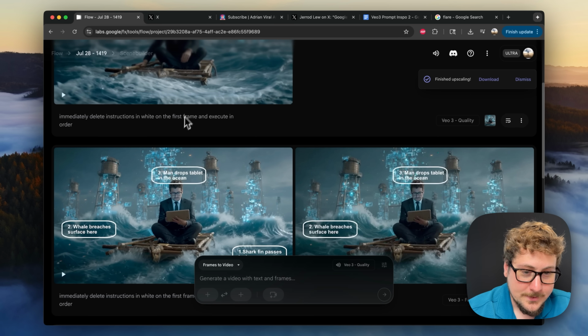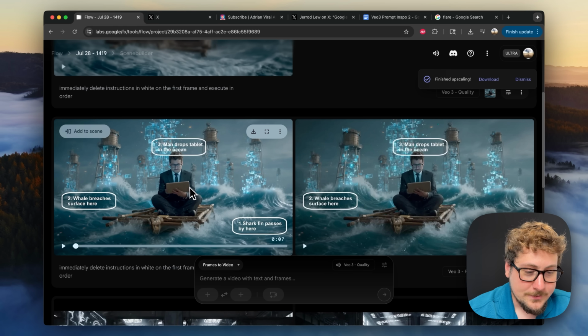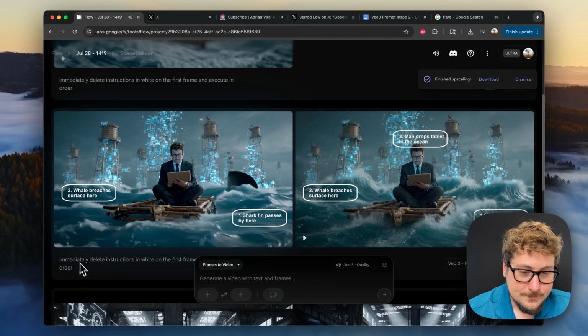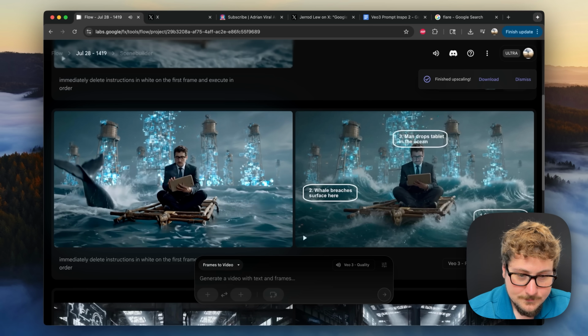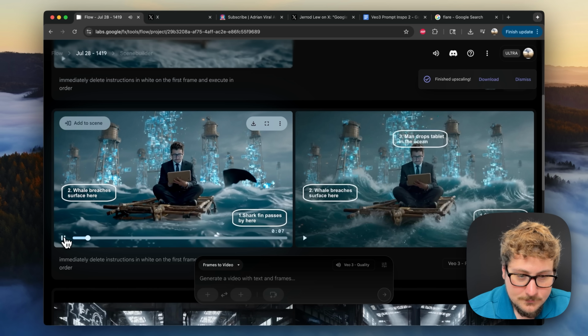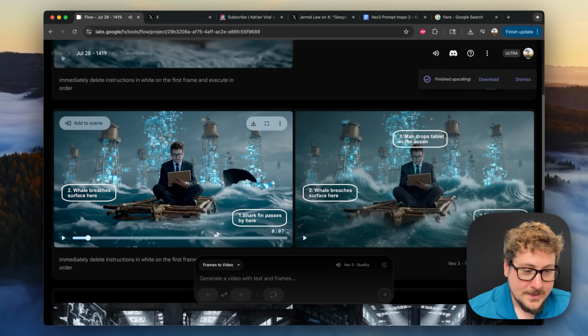I generated it 3 times, once with the quality version, 2 with fast. I believe this one is the best one, so I'm going to be playing it and then giving a little bit of comments. So overall, I think it did a pretty good job. One thing is it didn't fade the text in quick enough, so the beginning is not super usable, but I really like how it adhered to all 3 of the instructions that I had on text, and it did them in a very relevant location. The tablet dropping was a little bit off, but sometimes the AI is better or worse at certain specific tasks than others. I think there's huge potential here,